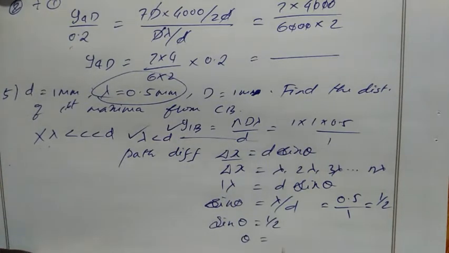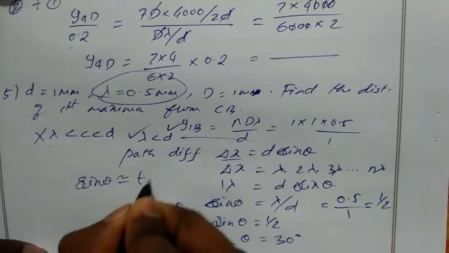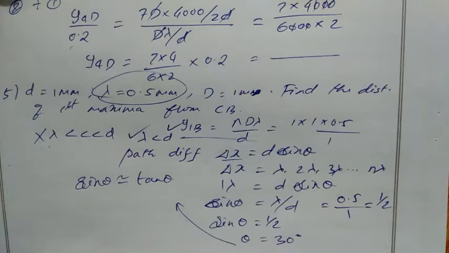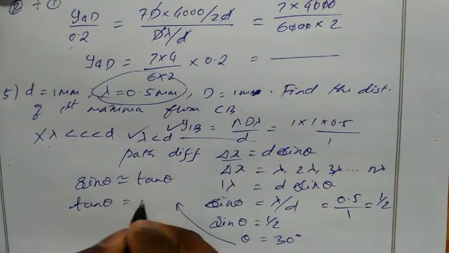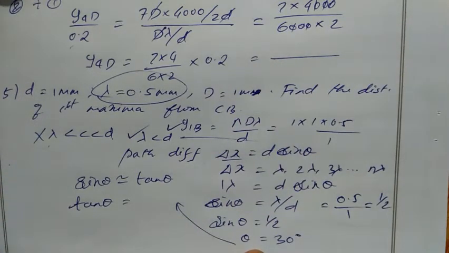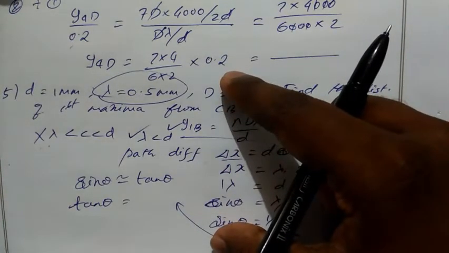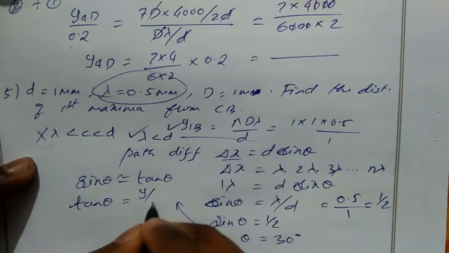Then what is the value of theta? For sin 30 degree we will get 1 by 2. So theta equal to 30 degree. So theta is very small. If theta is very small, I write it here, we take sin theta is tan theta. Okay, so I can write tan theta equal to, so what is the formula for tan theta? We know opposite by adjacent. So in the Young's double slit experiment, our opposite is y. Adjacent is this distance between slit and screen, that is capital D. So I can write it as y by D.